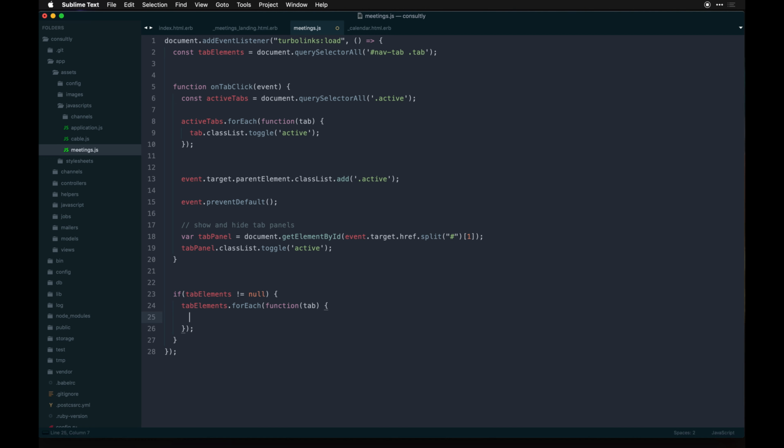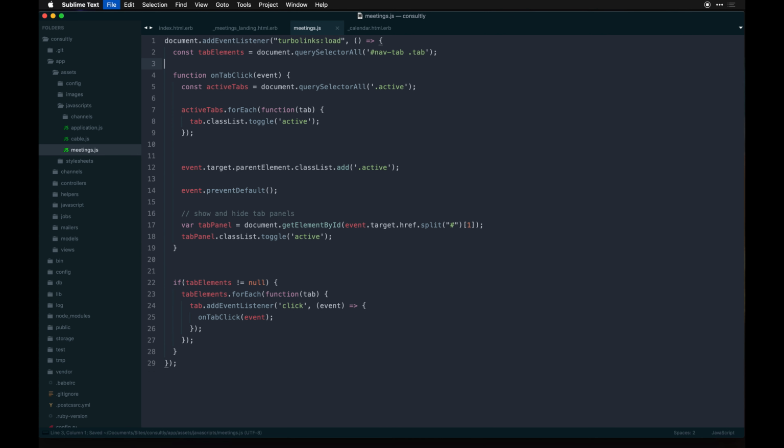And then we'll take each tab, we'll listen for a click, and pass in the event with a fat arrow there. And fire that function. Cool. So this is coming back and calling this function here, which we're passing the event through to do all these things. So a little interesting kind of stuff going on there, but all in all,